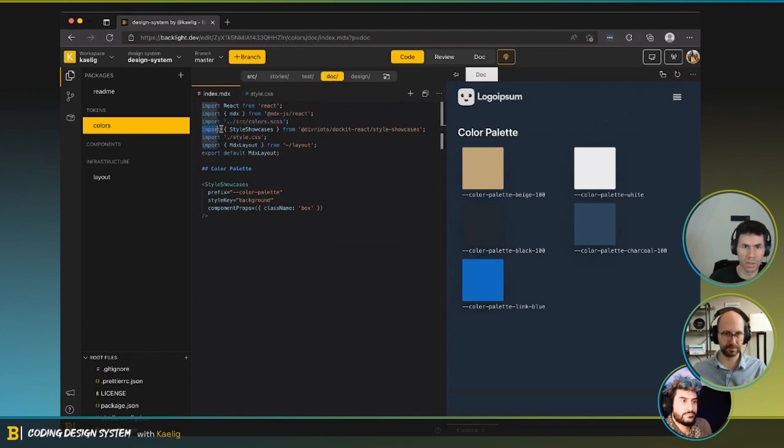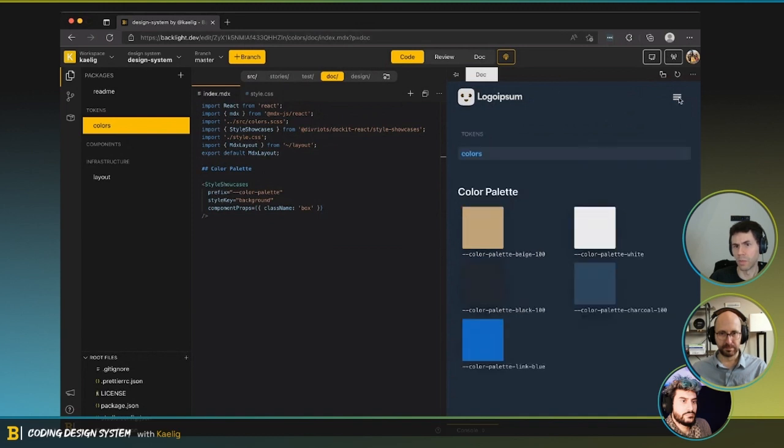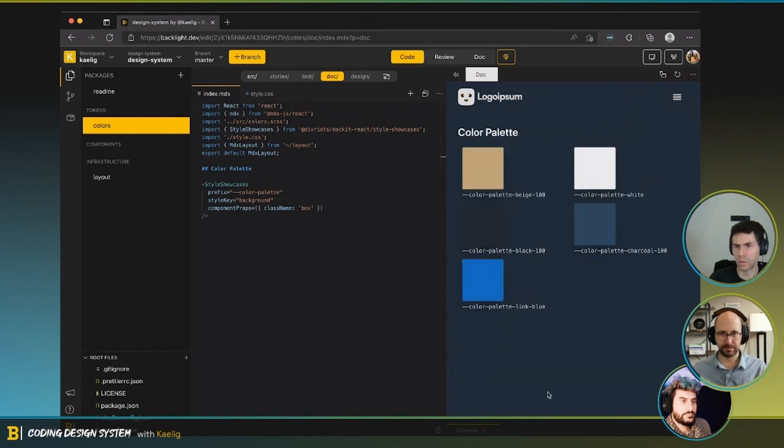Then we load the style component that we're going to lay out just inside the documentation. We just apply a few styles to the boxes because we can make those boxes the way we want. And then we apply here the layout so that we have a small logo and a small menu and all the dark mode here because I'm in dark mode in this particular browser.